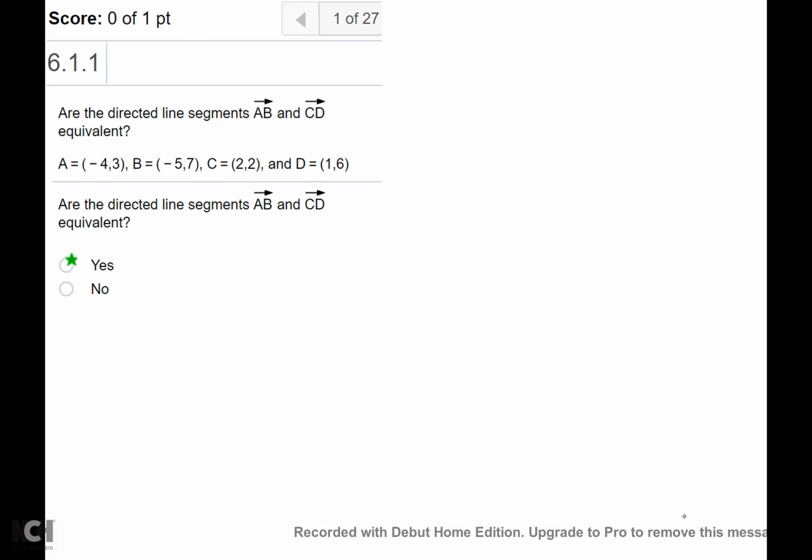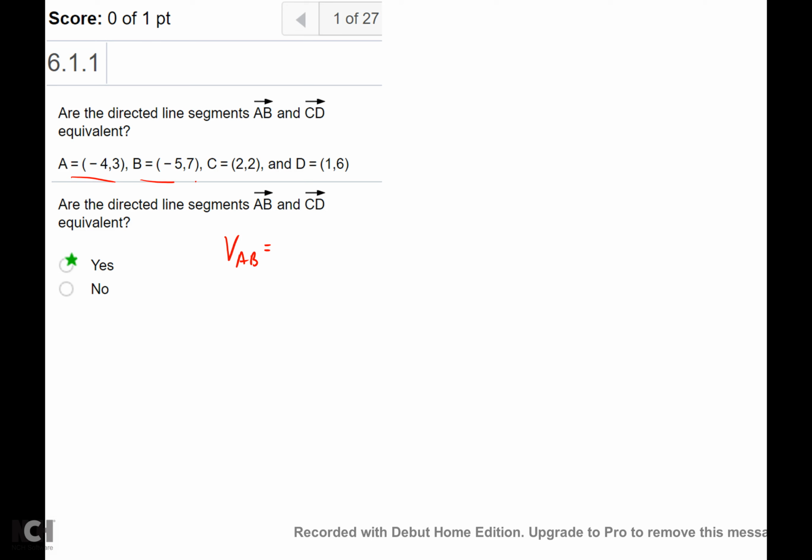We're going to review for your conceptual unit 8 review. It says, are the directed line segments AB and CD equivalent? If they're equivalent, then they'll have the same components. So the vector form of AB is going to be,